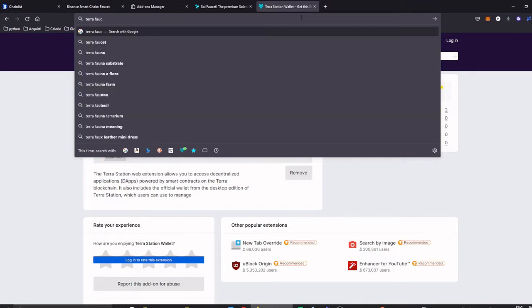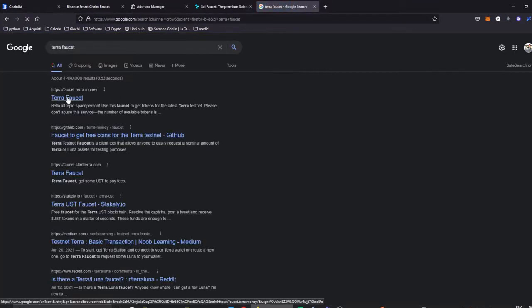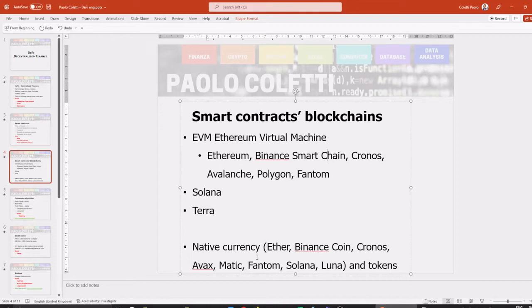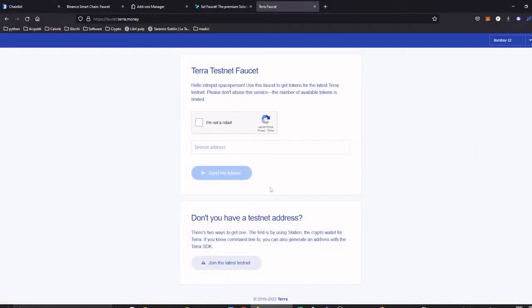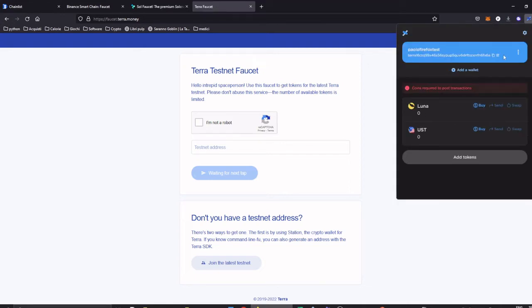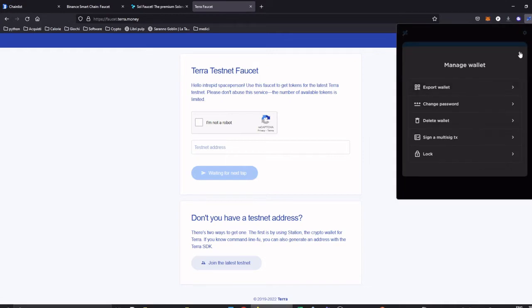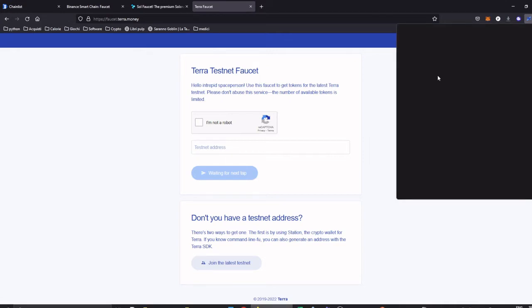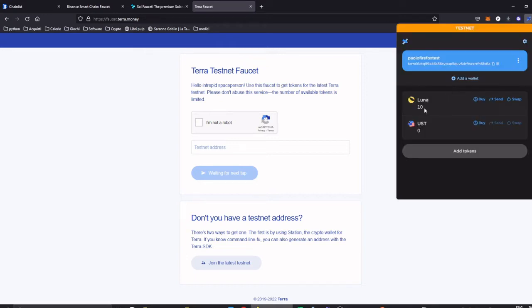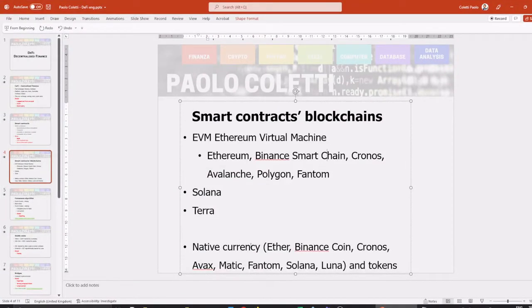I get some Luna tokens, because the native currency for Solana is Solana, and for Terra it's Luna. I'm not a robot, no. Send me tokens. Send me 5 Luna. Thank you very much. On the testnet, obviously. 10 Luna, yes, wonderful. So as I was telling you, all of the blockchains have usually one native currency and